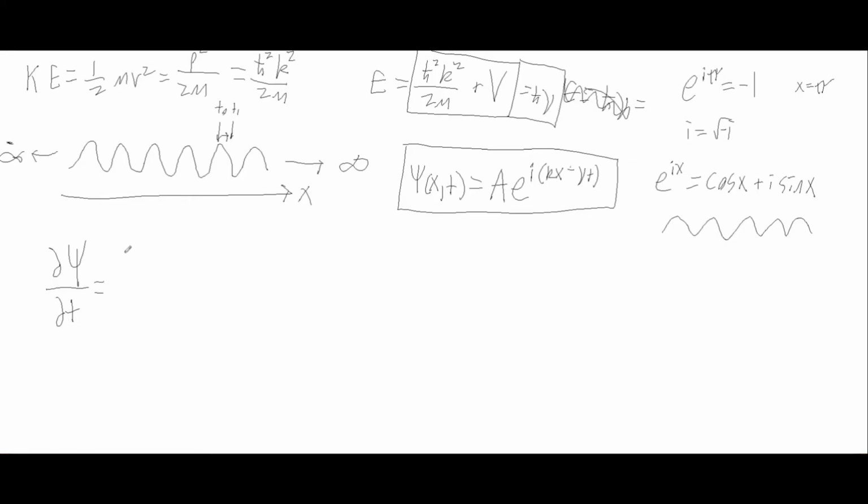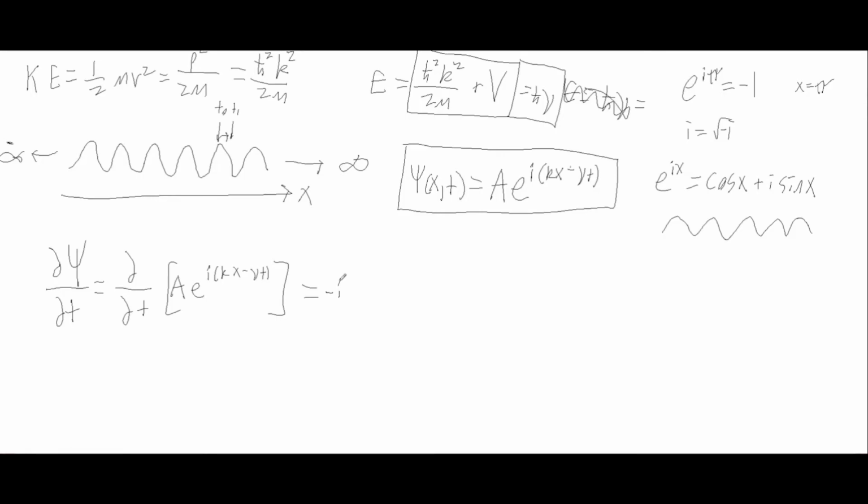And so this is equal to the partial derivative with respect to time of our a times e to the power of i(kx minus nu t). So we're taking the partial derivative only with respect to time of this. And if you know your derivatives for e here, then you'll know what we end up getting is